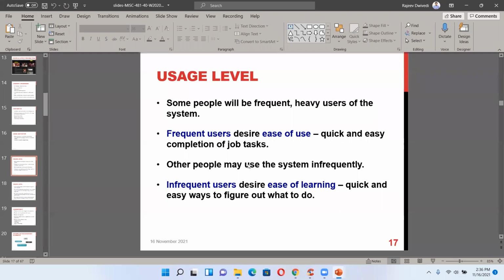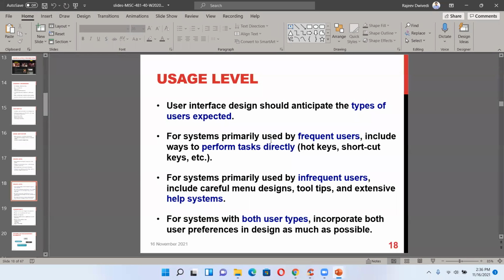So user level also means anticipating what types of users are expected on this system. Their anticipation should be very clear.